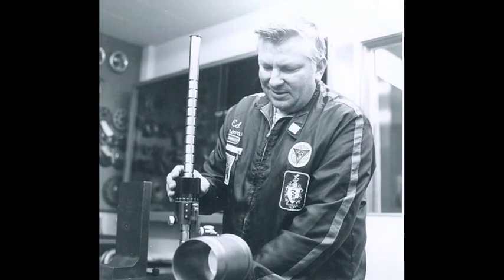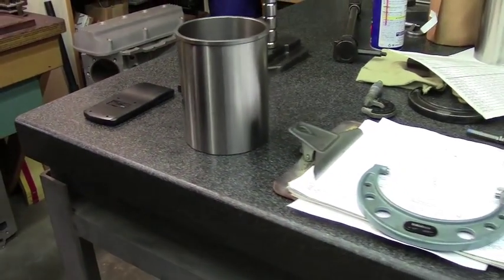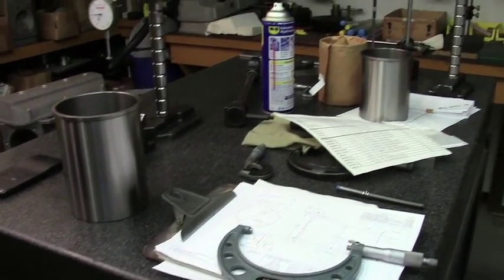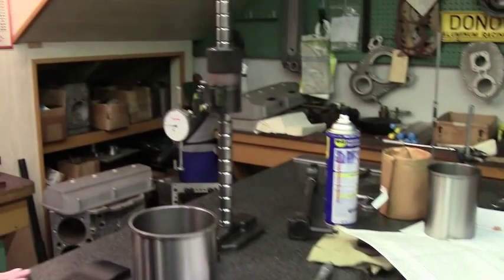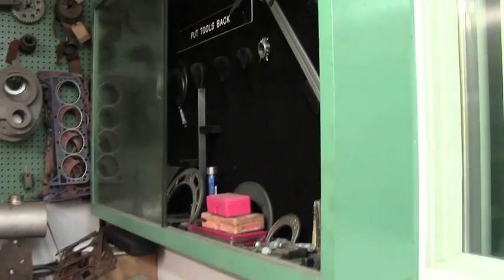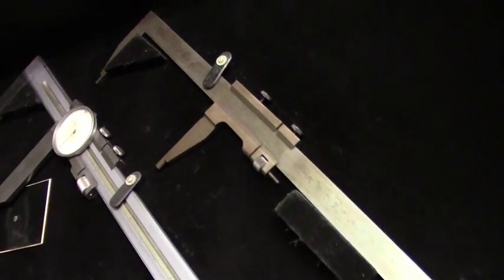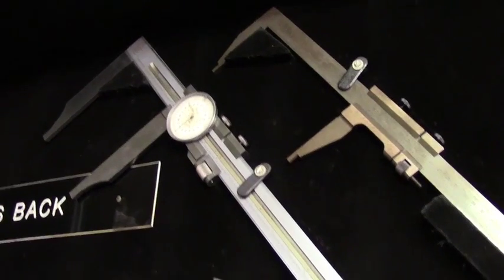Here's one of the inspection rooms, and you can see there's just a little bit of everything. Big, heavy granite table. This is the kind of stuff you set height gauges on when you measured stuff, whereas now a lot of it's done electronically, but in the old days, this was like the ultimate piece to have. This is the kind of stuff that Ed did. He had these cases built, so everything hung up because he liked everything neat and everything had a place. It's gotten a little more hectic, but